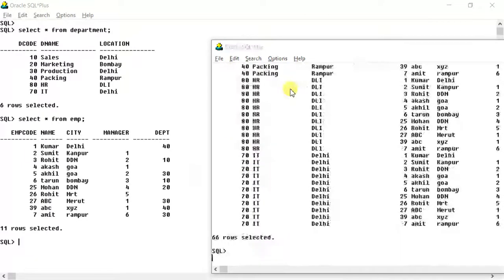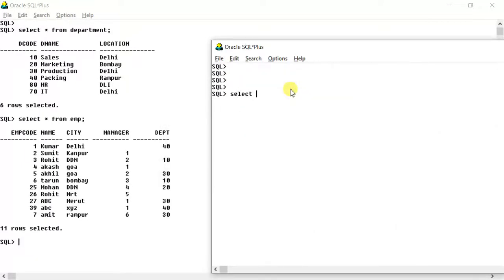We will change it like this. Select star from employee, comma, department, where now we'll have to give the name. But since the column names are different, we can skip the table name. So we can type where dpt is equal to d code.